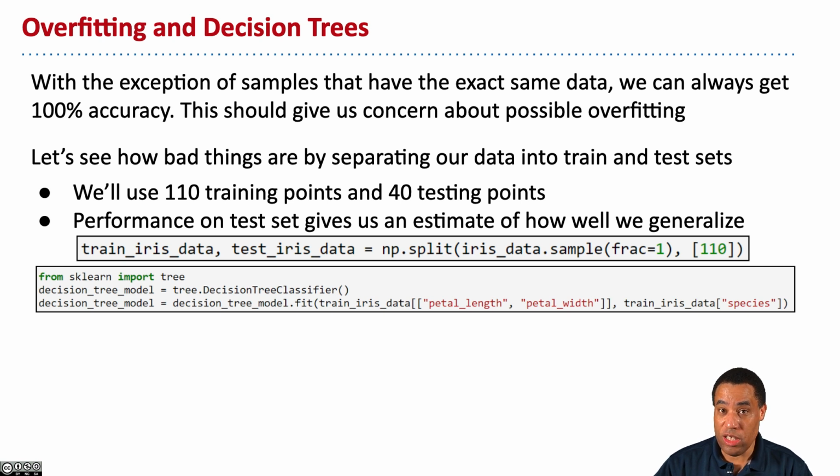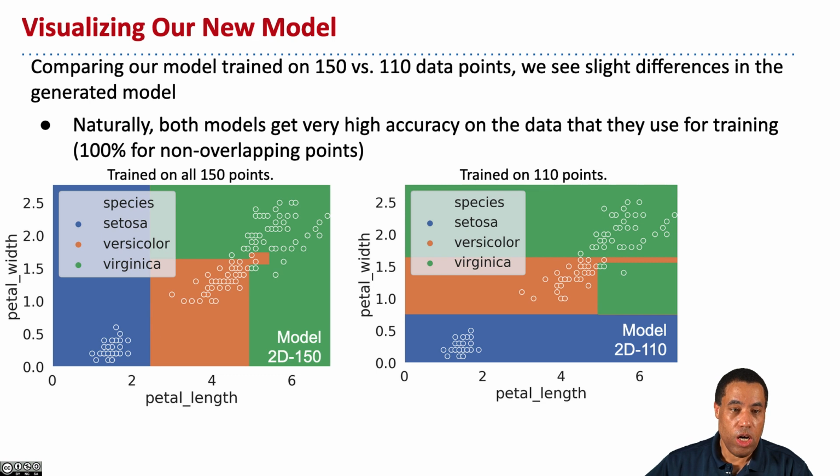The performance that we get on the test data will give us an idea about how well our decision tree will generalize. Okay, so we're going to split our data into 110 training points and 40 testing points. All right, so here we can compare our model trained on two different numbers of training points: training on 110, and then we'll also train it on 150 data points,